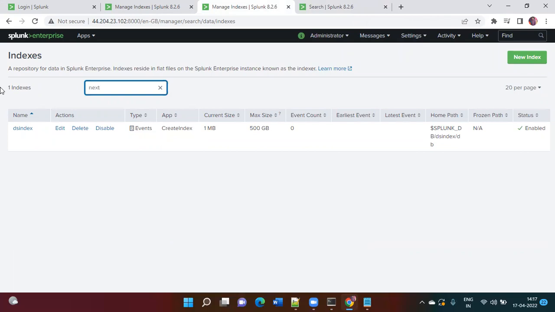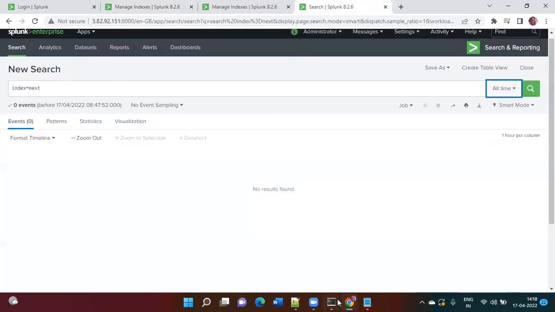Let's check first. Yeah, I have next here, and I have next here, right? But I don't have any data. These are my indexers. So I just checked. Yes, they exist, but there is no data. So what I'm going to do,